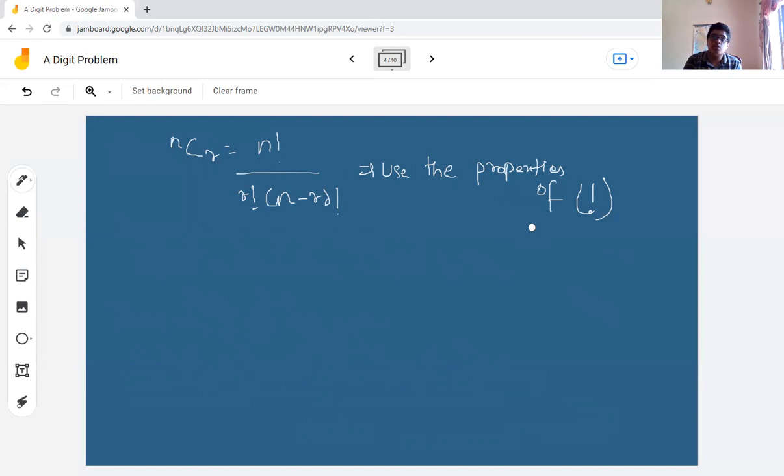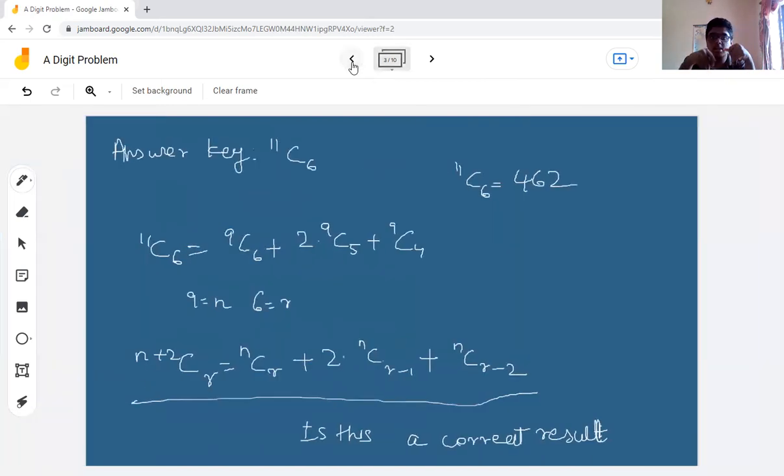relatively very lengthy. So in such a case, we need to look for something known as combinatorial arguments. What exactly is a combinatorial argument? We prove a certain formula involving combinations or permutations using a certain selection of objects or distribution of objects. So that's the rough idea of what a combinatorial argument is. So how do we go about giving a combinatorial argument for this? Let's try this out.